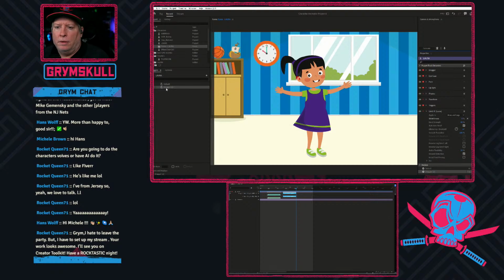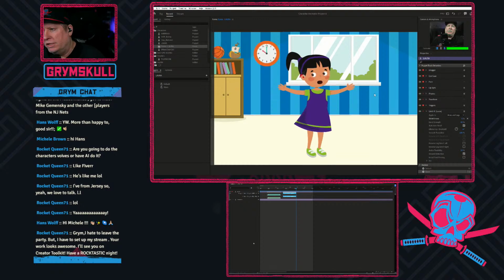All right, we're going to rename this over in triggers to wave. I'm going to give it the letter W. I'm going to go back over here and we're going to say rename and say wave. So now we're going to turn back on everything. So now she's moving. We can put our hands down. Then we want to wave.